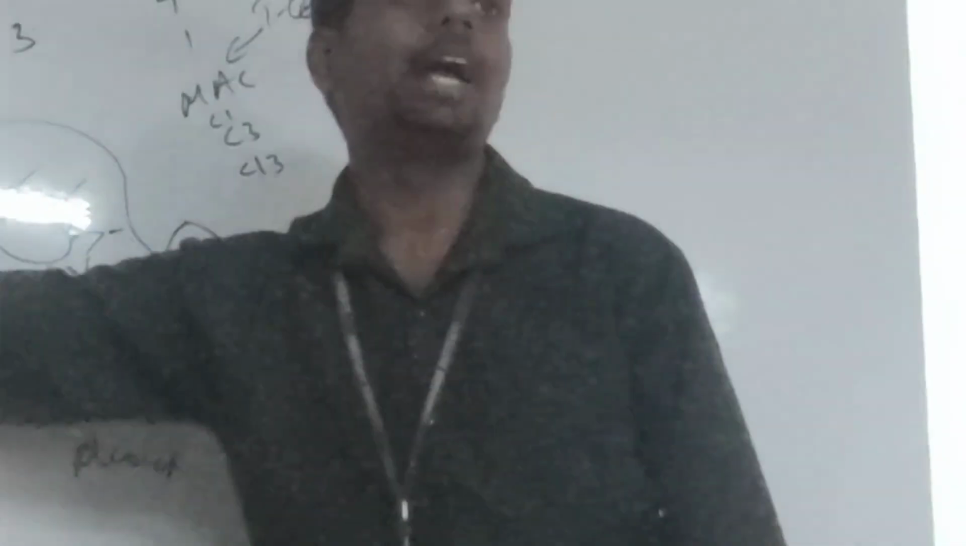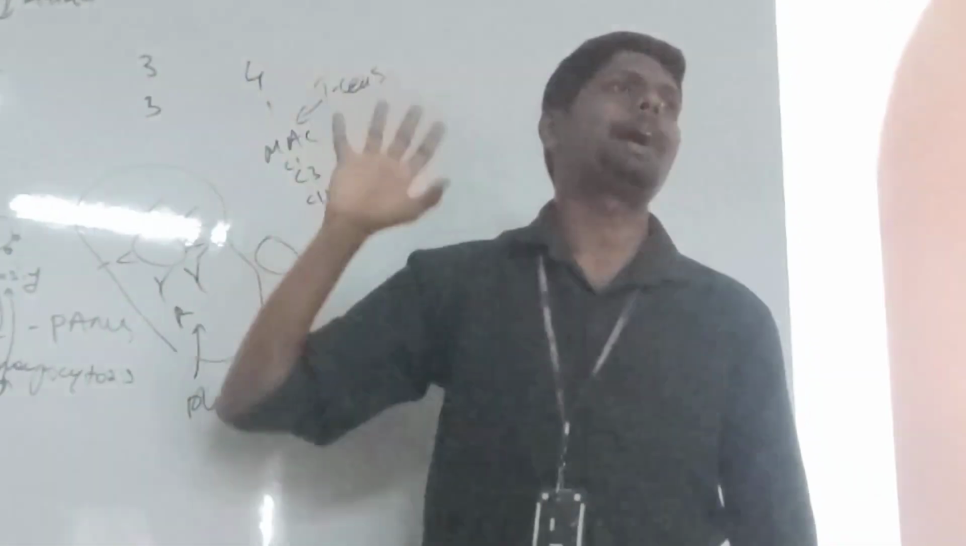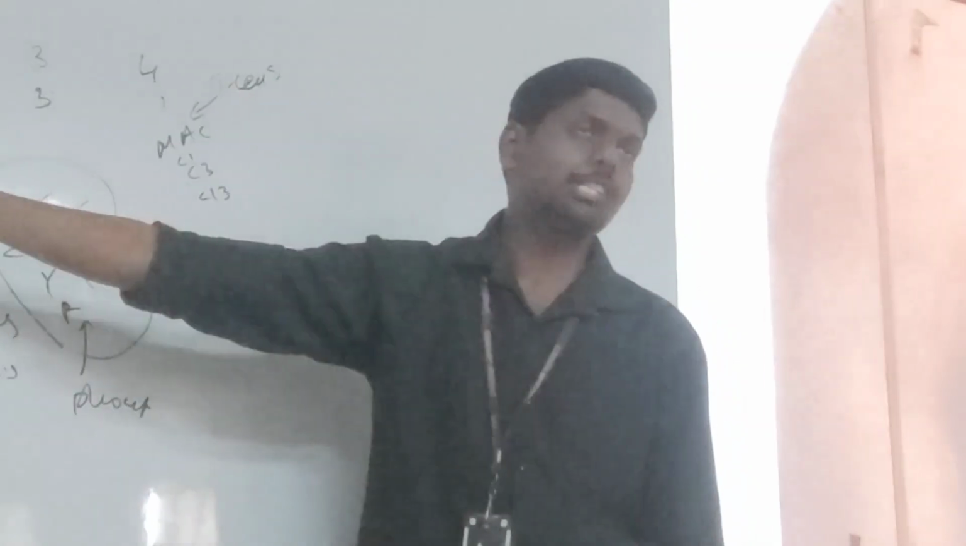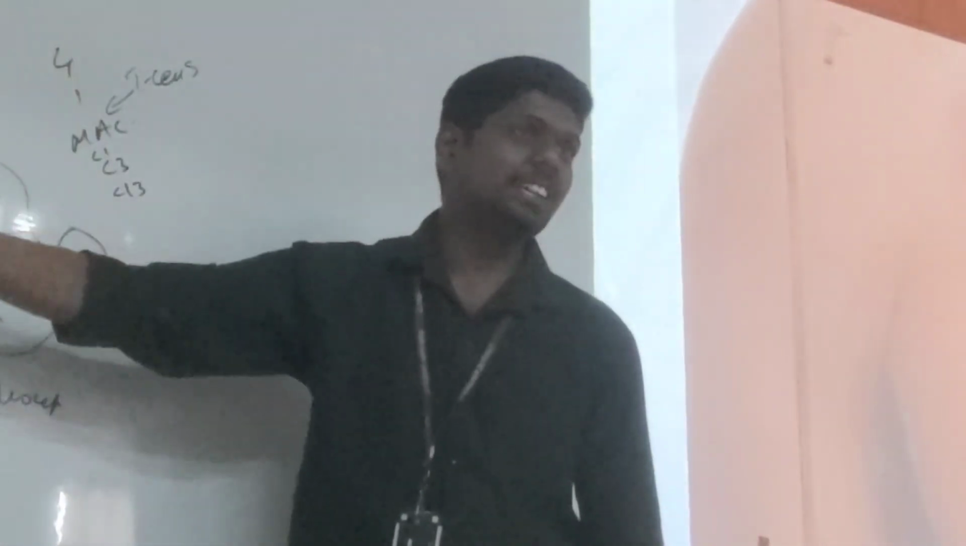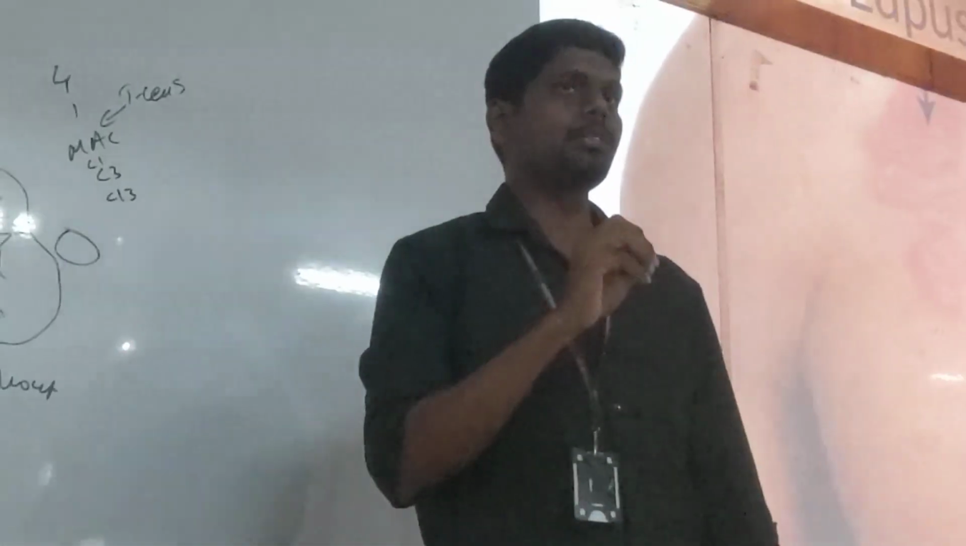IgE antibodies will bind to the eosinophils. Eosinophils will release histamines. Histamines will kill the pathogen. But there is a problem with histamines. Histamines will induce a severe inflammation. Inflammation is not a good sign. Inflammation will cause